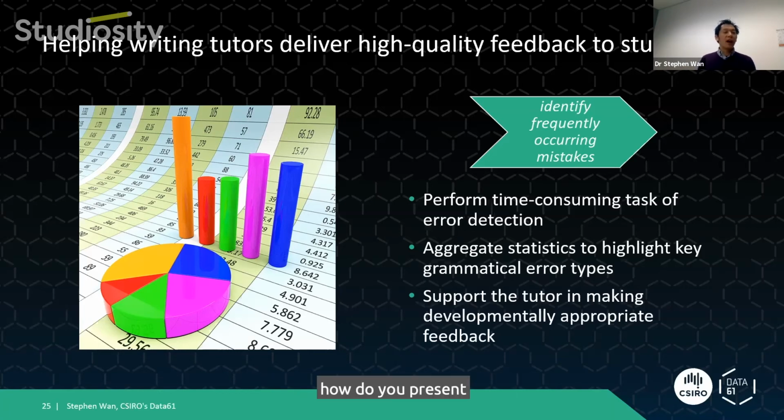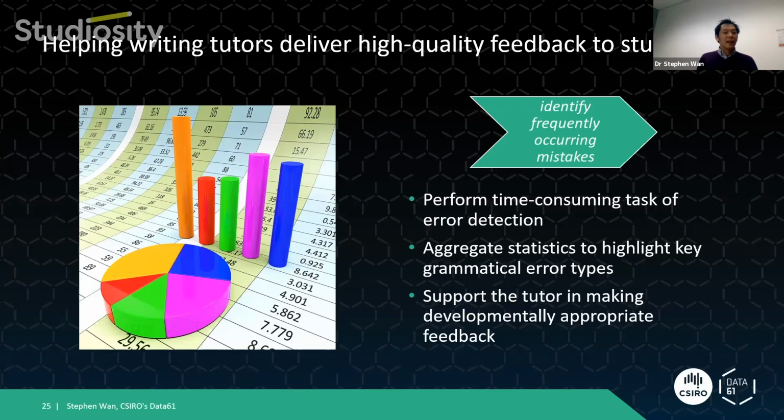But it raises interesting questions. How do you present the results of this automation to the tutor? And this is where we need AI research to go hand in hand with user-centered design, where user-centered design can identify the needs of both the users and key stakeholders to influence the design of the productivity tool so that, for example, it is something the tutor can easily incorporate into his or her workflow. Just think about what it would be like if the system just automatically pointed out all the errors in the text on the screen for the tutor. Doing so could be simply overwhelming and perhaps counterproductive.